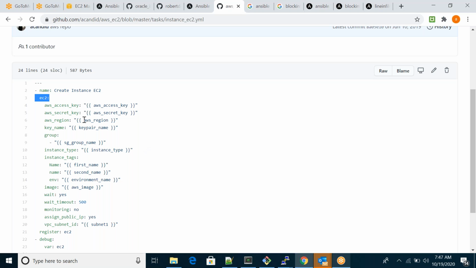If you know AWS, good. But if you don't know AWS, then you don't know what an instance tag is, what the region is, what the security group is, what public means. If you want to prepare playbooks on AWS, then you should know AWS.